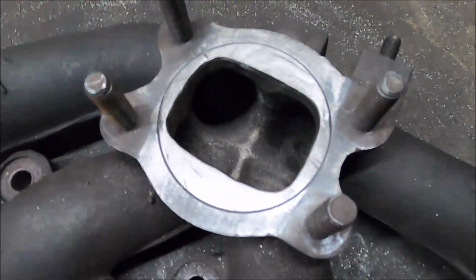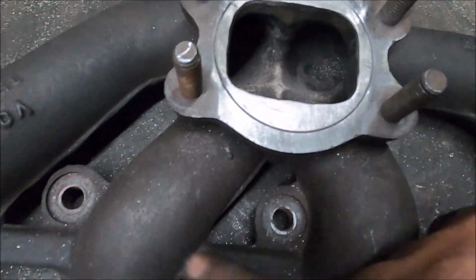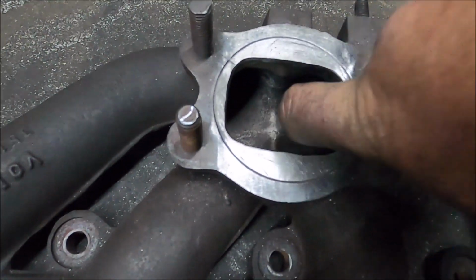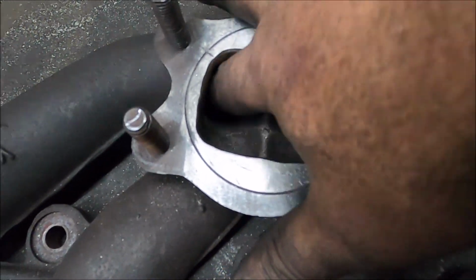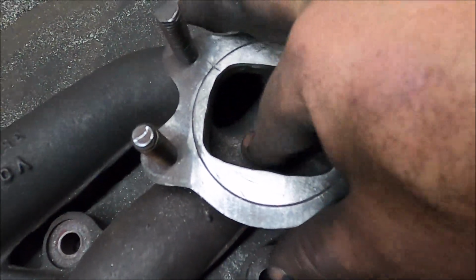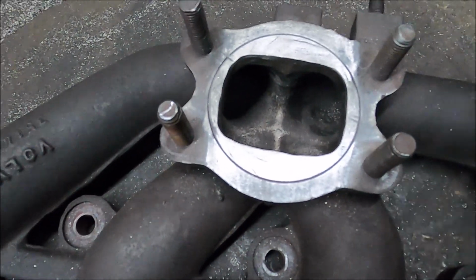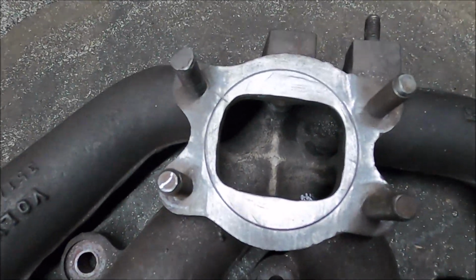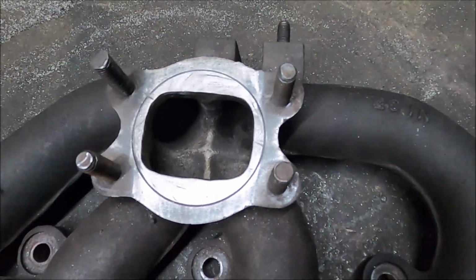I would have liked to smooth it all off in the pipes, because you could feel this. I've smoothed where I could reach. It's not glass, but it's perfectly fine. But further in it's rough as hell, and I can't reach it with anything. I tried